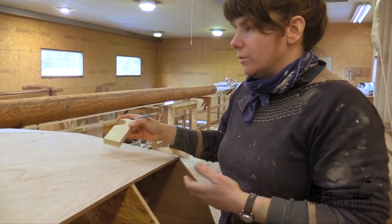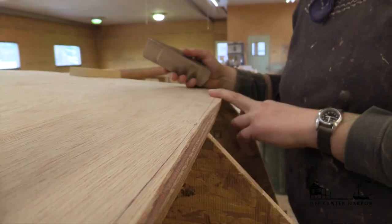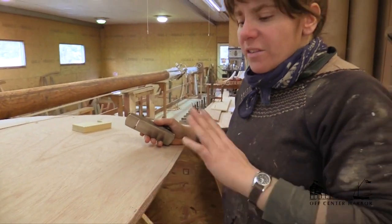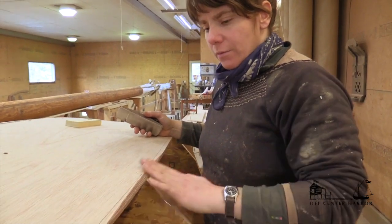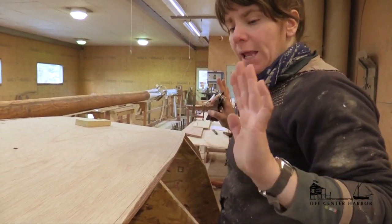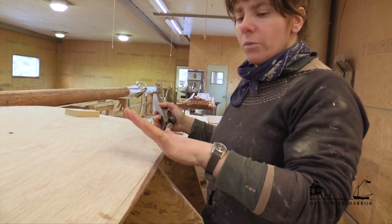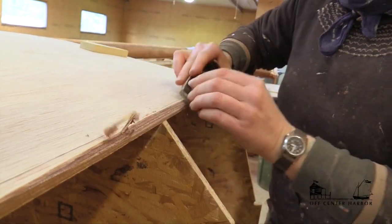It will cause annoyances down the line. Once I have my line drawn, I consider this line to be a suggestion. So I try to bring my planed face as close to that line as possible, and then I'll take my plank and put it on there and see if I'm good, if I need to remove more material in one place or another. So I'm going to start at each mold